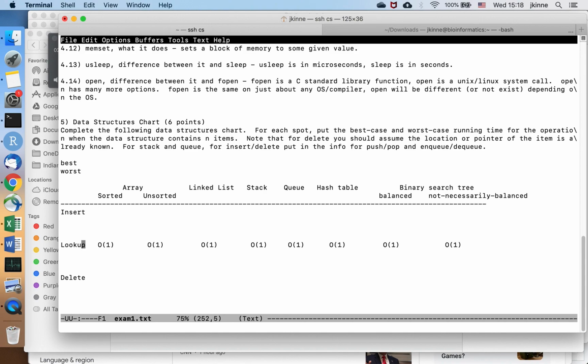Maybe we'll put this here. Okay, so we'll say best. And then worst. So for a sorted array, use binary search, and the worst case running time there is log n. You divide in half and divide in half, and so on. For an unsorted array, the worst case is,